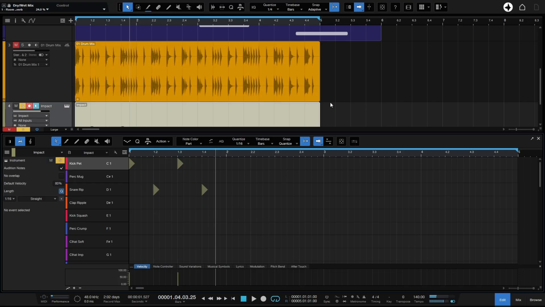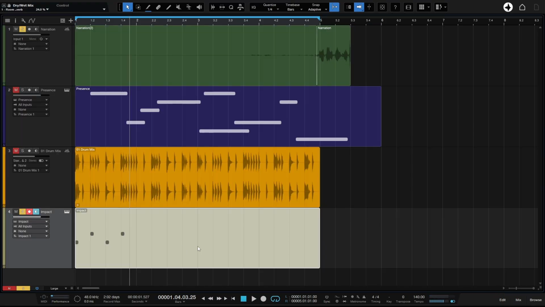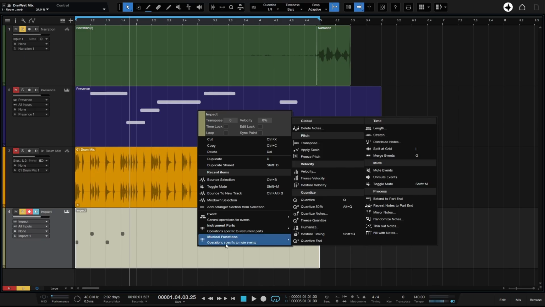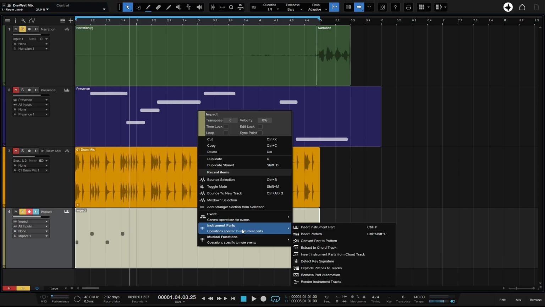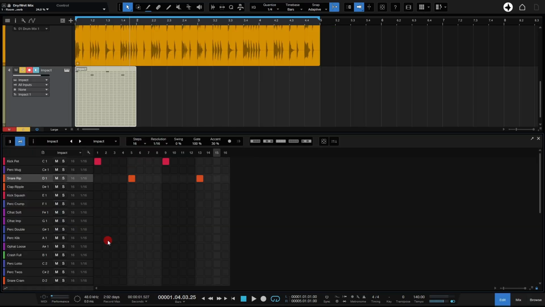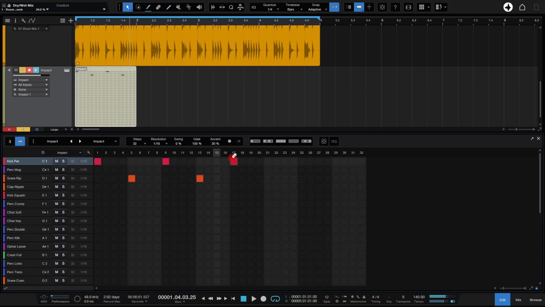Okay, like so. Also, if you don't like the drum view, we have a pattern sequencer. So what I'm going to do is right click on this and let's come to musical functions, I believe. Actually, it's instrument parts. We can convert that part to pattern. Okay, so now when I double click on this, we're taken to the pattern sequencer, and I can extend this out to be 32 steps, and I can continue on with